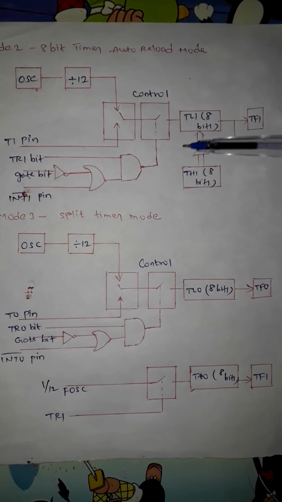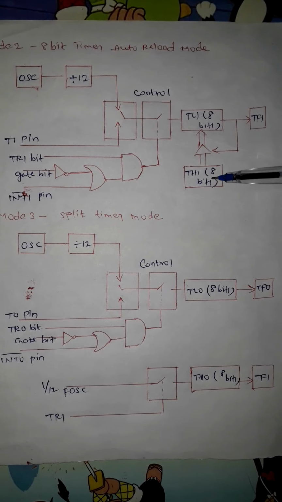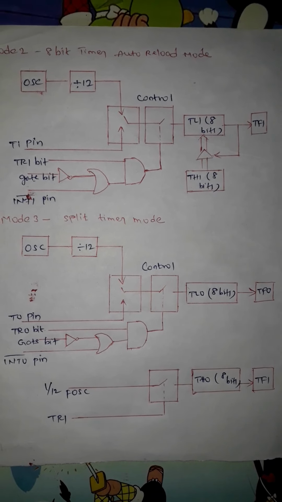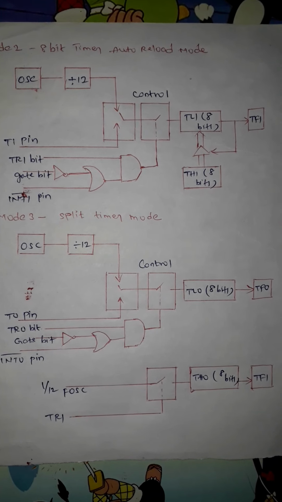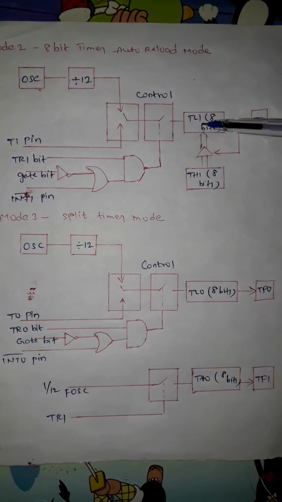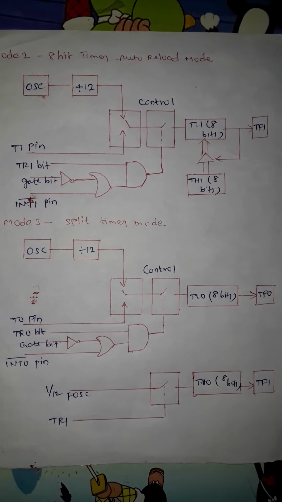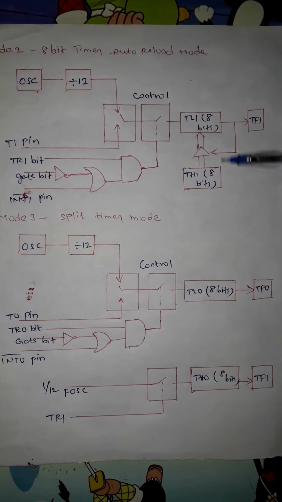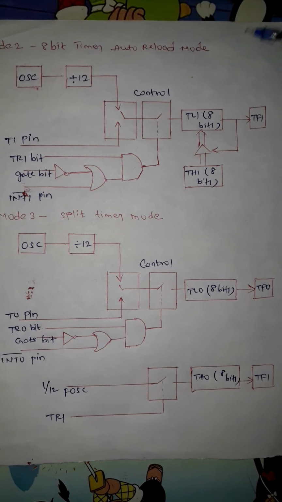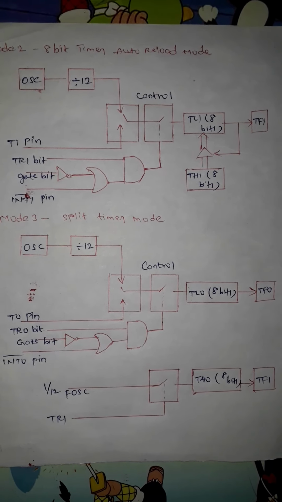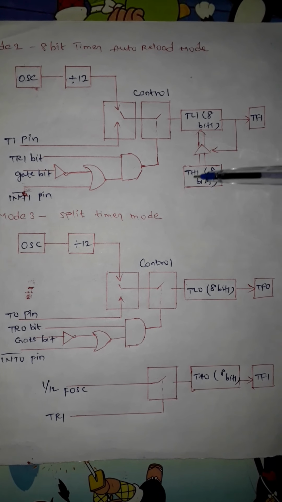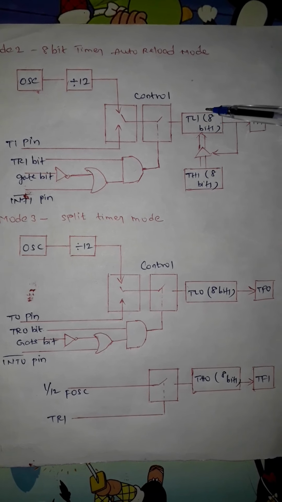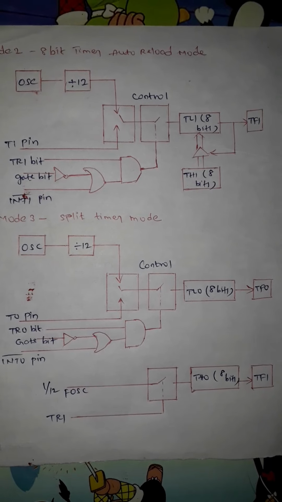On timer overflow, again the TL1 is auto reloaded with the value of TH1. So we know that the TH1 value is fixed, that is, we set it to 44. So the 44 is again loaded into TL1, so TL1 starts counting again from 44. In case in TH1 you loaded a value 87, then 87 is loaded into TL1. So any value can be set into TH1. You can set a value 6 to TH1, then the value 06 is loaded into TL1. Any value, for example A0 or A1, any 8-bit value can be set into TH1, and that is automatically reloaded to the TL1 value on timer overflow.